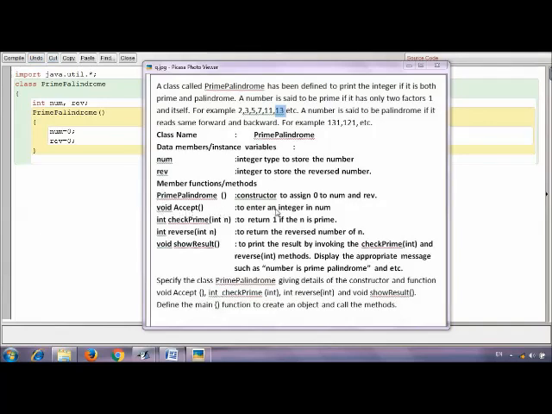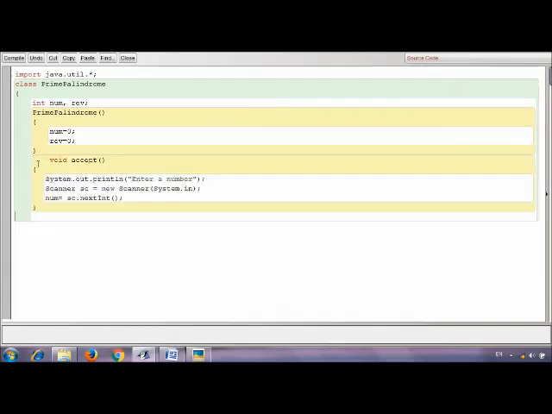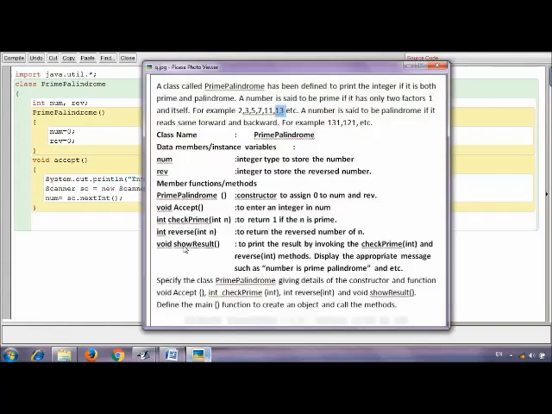So the next method is accept. The return type of the method is void, so we have to mention it as void accept. Here you can see that we are accepting an input from the user. The input is a number we are getting from the user, so it is getting stored in the variable num. Our next function is